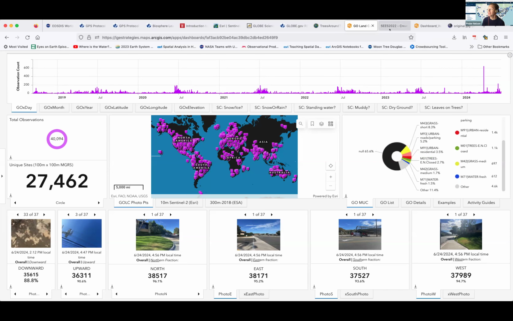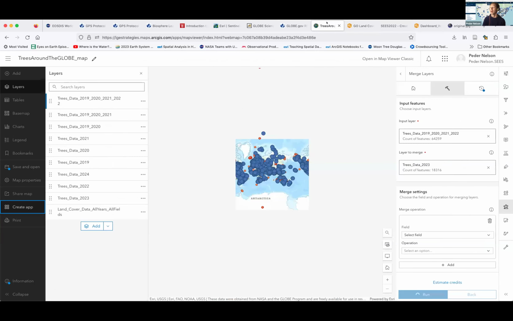And so one of the things that I just wanted to stress is that connection between these two different pieces. One of the things that I was working on before we came in here, that is still running, is trying to combine together all of this data.